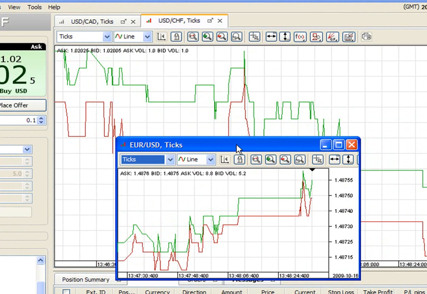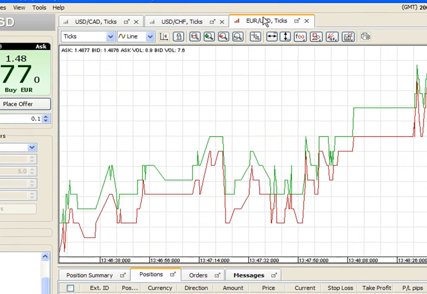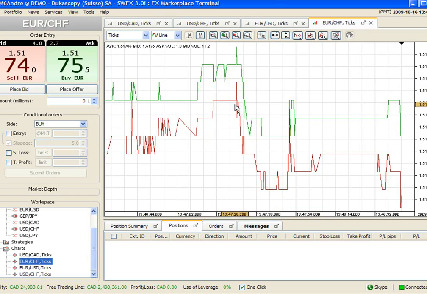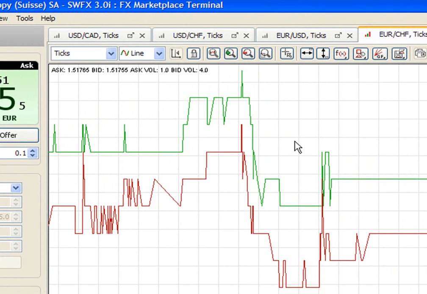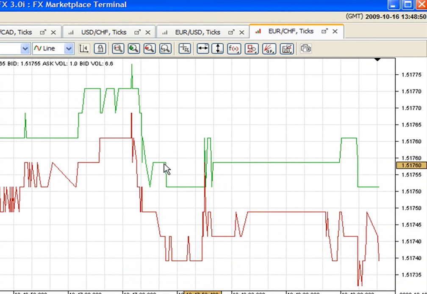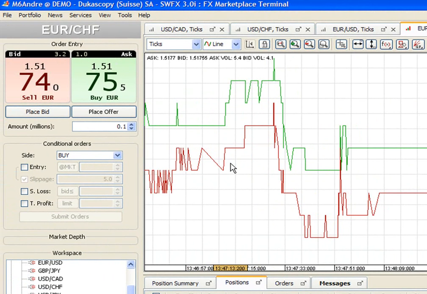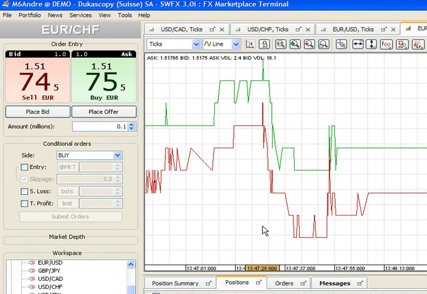It's very customizable and very easy to do. If you close this, it will come back to the set, so the 2 screens that were outside are now back in our main set. If you leave it on a second or third or whatever number of screens you have and then close your platform, it will remember where they were and